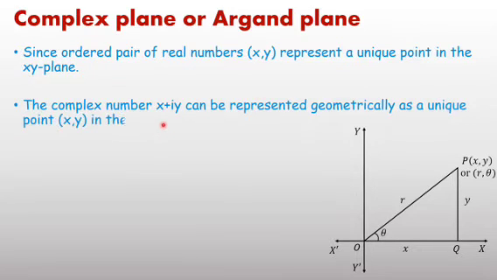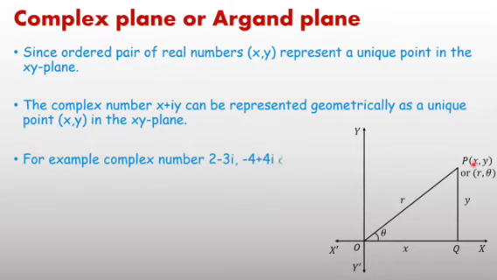The complex number x plus iy also we can represent on the xy plane with the help of x and y, because in x plus iy, x and y are real numbers. Therefore, a complex number is also possible to represent on the complex plane, like here the coordinates of P are written as (x, y). If P (x, y) is written, it implies, on a complex plane, that it is x plus iy.